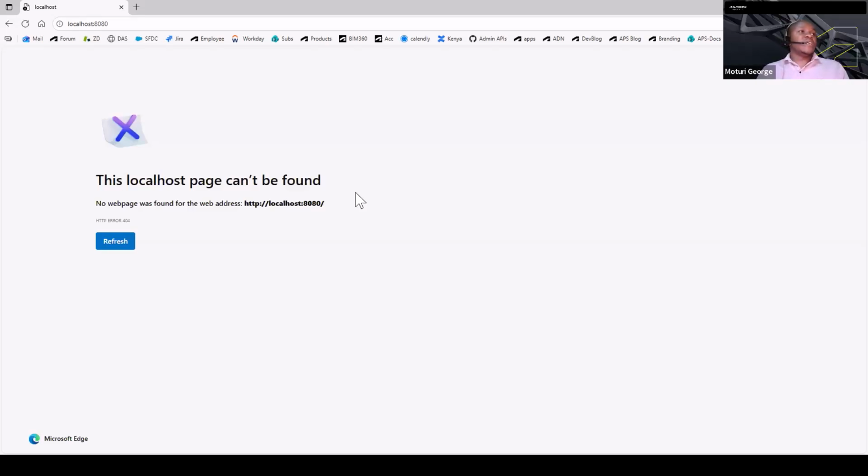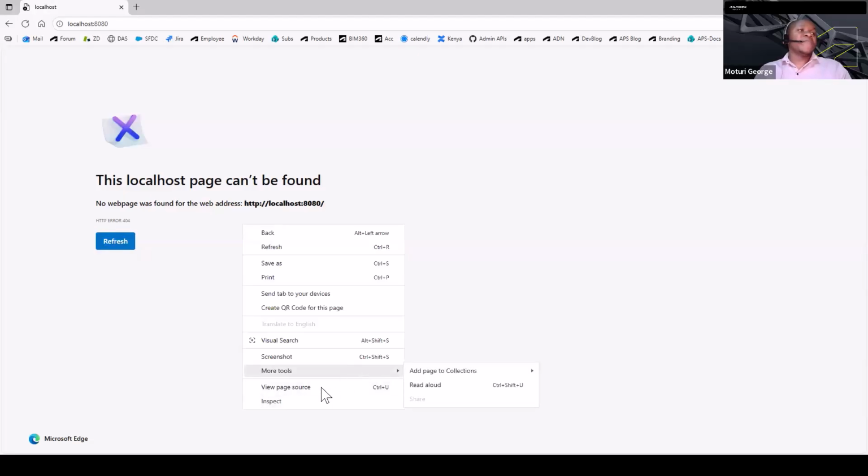But if you are not logged in before, you should see a section where you'll put your email, password, and maybe OTP before you are redirected back to localhost 8080. So to check if everything worked as we wanted,